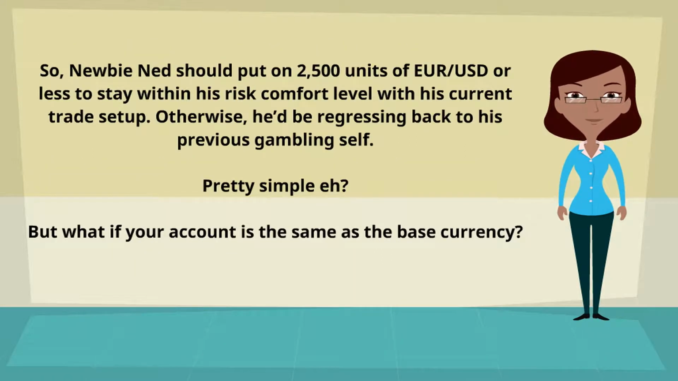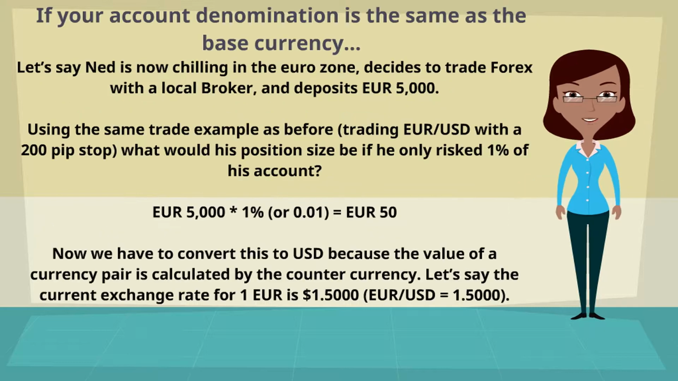So, newbie Ned should put on 2,500 units of euro to US dollar or less to stay within his risk comfort level with his current trade setup. Otherwise, he'd be regressing back to his previous gambling self. Pretty simple, eh? But what if your account is the same as the base currency? If your account denomination is the same as the base currency: